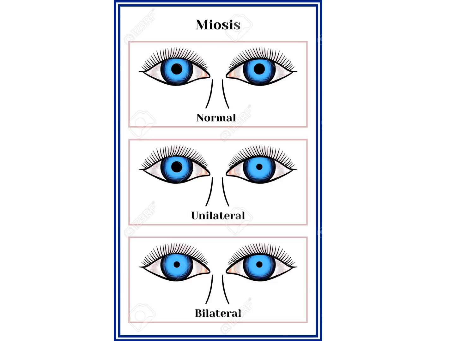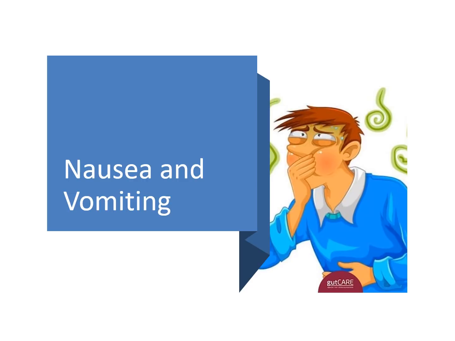Now, the next one, which maybe 25% of patients may suffer from, is nausea and vomiting, and this is due to a direct effect on an area of the brain called the chemoreceptor trigger zone, an area located in the area postrema. It's like a central nervous system component, but it's exposed to the bloodstream. And once chemicals in general, and opioids are one of them, bind to the receptors in the chemoreceptor trigger zone, they trigger the production of dopamine, and dopamine will induce the nausea and vomiting reflex,